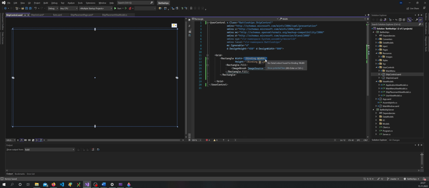Let's go. Image source. So do resources. No. Resources. Images. And then